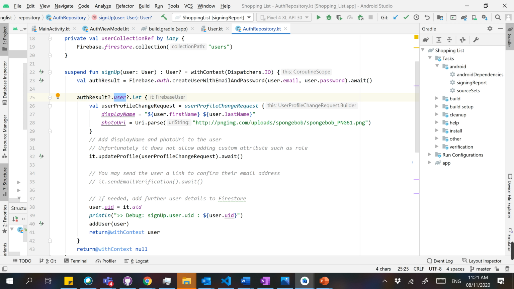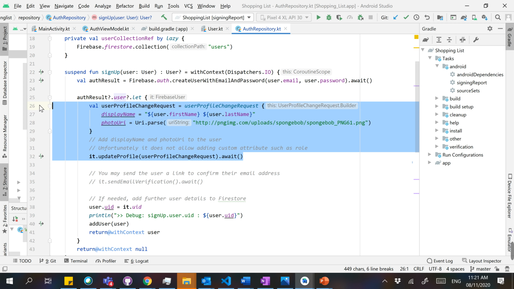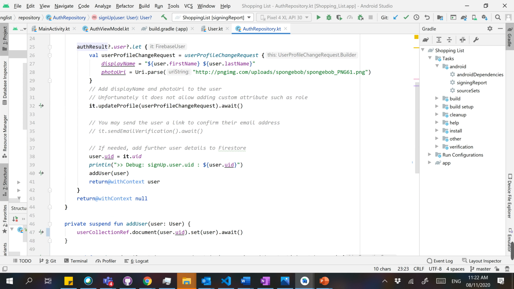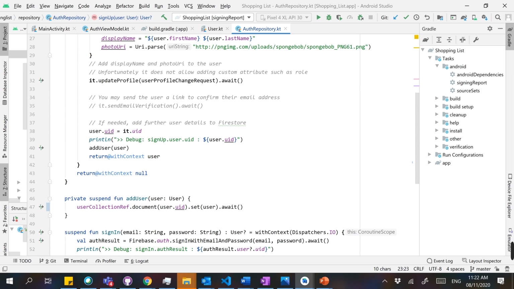And then I'll go ahead and add the display name and photo URI to my newly created user, and more details, the full user object, if I need it, such as the address, the role, and other details, I can add them to Firestore. So I go to the user collection .document, and I use user.userID and then set